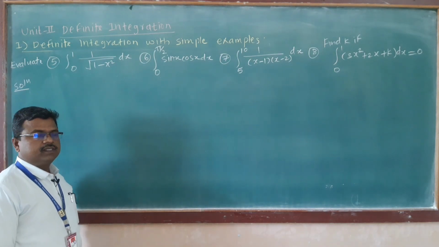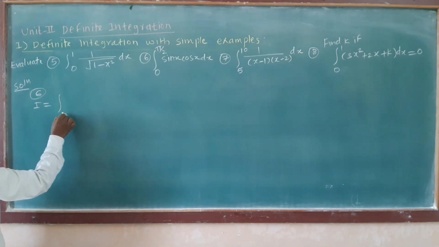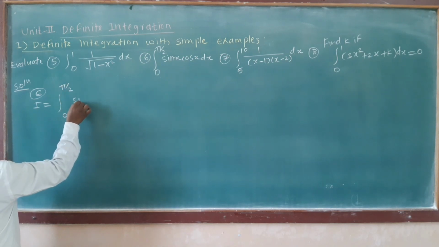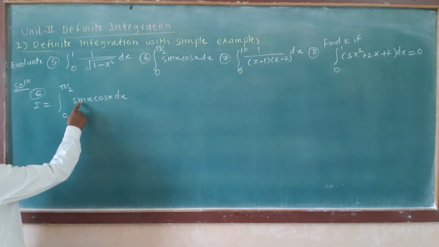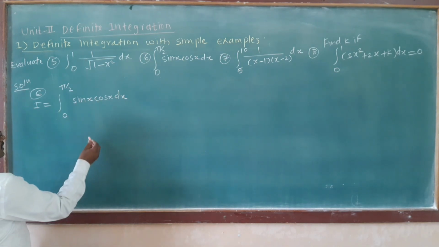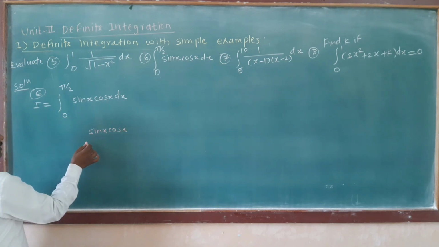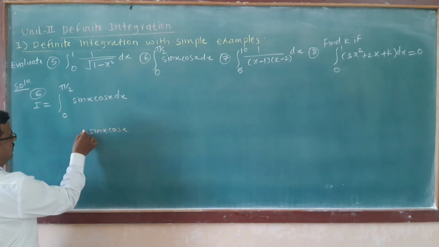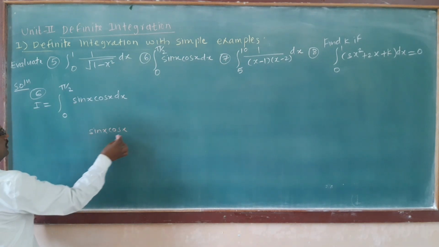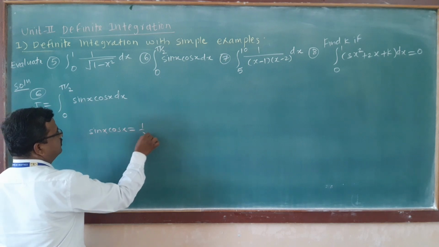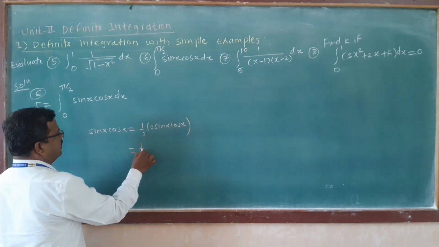Now see the next example number 6. Call this I is equal to integration from 0 to pi by 2 of sin x into cos x. Now this sin x into cos x, we express by multiplying and dividing by 2. So this will be equal to 1 upon 2 into 2 sin x cos x. So which is equal to half